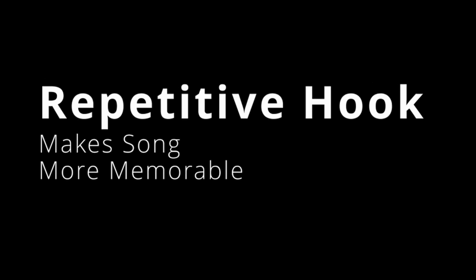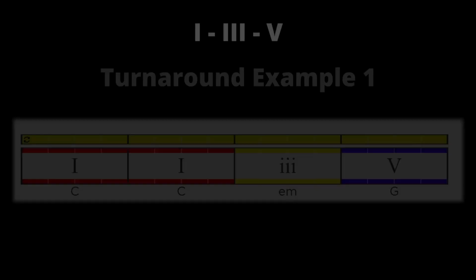Now we will turn to an important building block of songs, the turnaround. A turnaround is typically a 2 or 4 bar sequence of chords that repeats. It helps you to create a repetitive hook in a song, which makes it memorable. Using our 1-3-5 chords, we have a lot of options. This can include